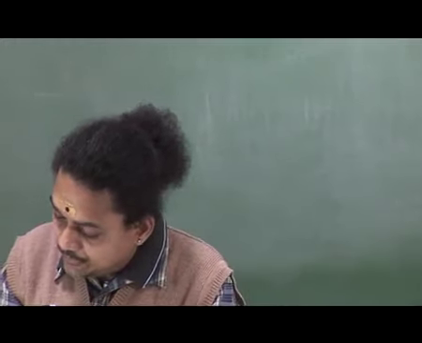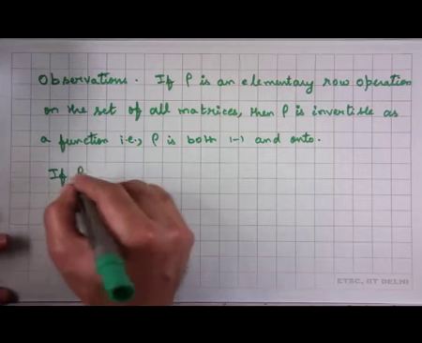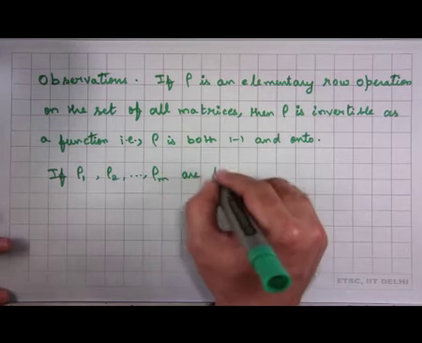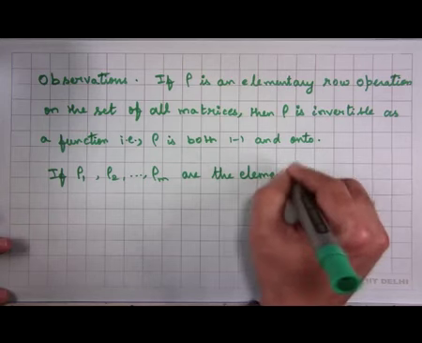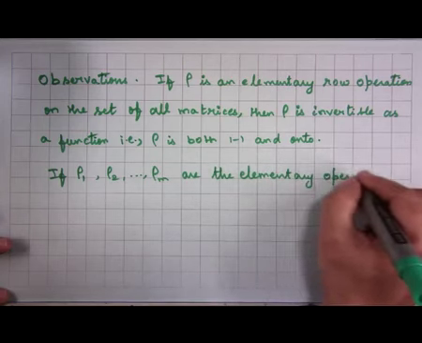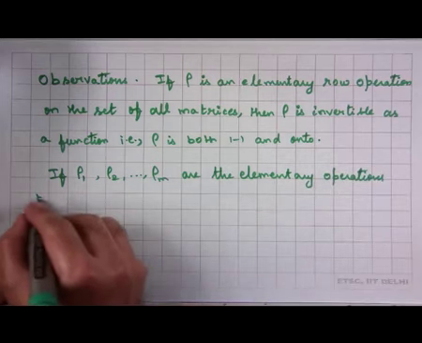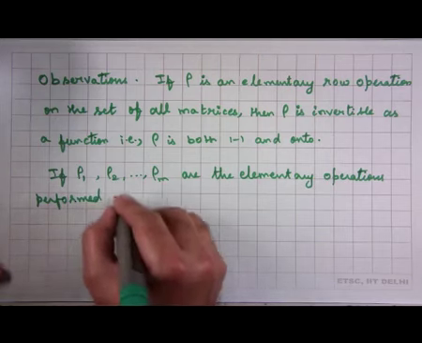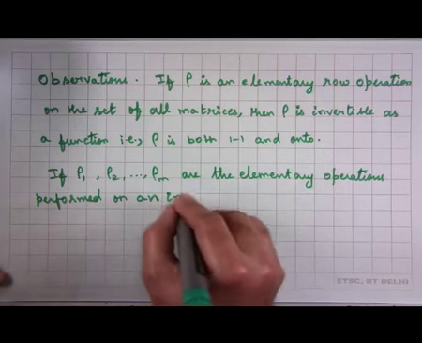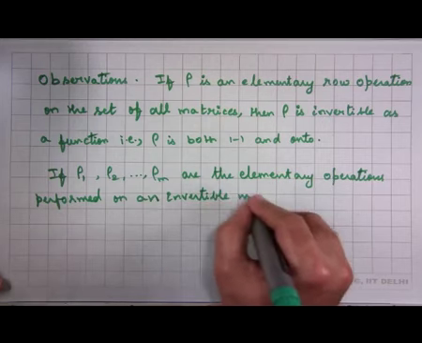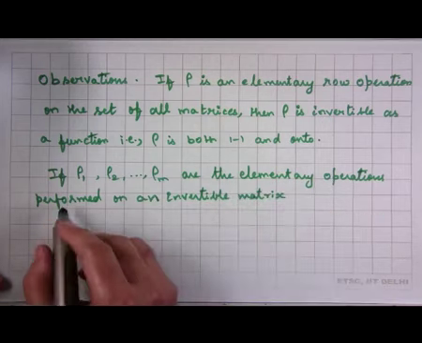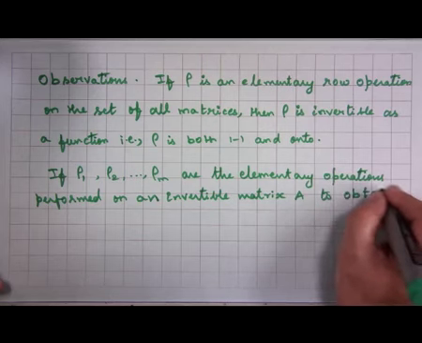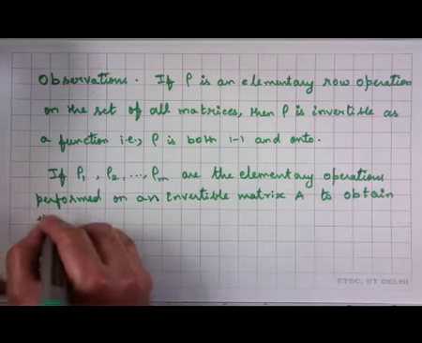So, if rho 1, rho 2, etc., rho m are the elementary operations performed on an invertible matrix A to obtain the identity matrix